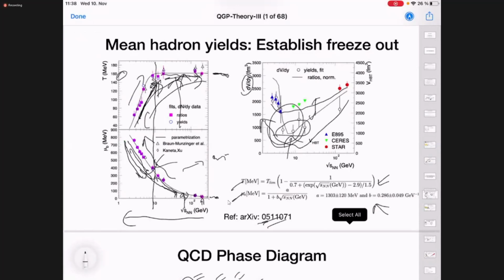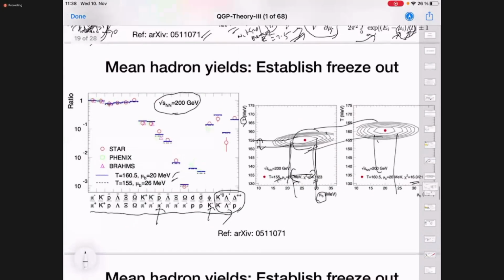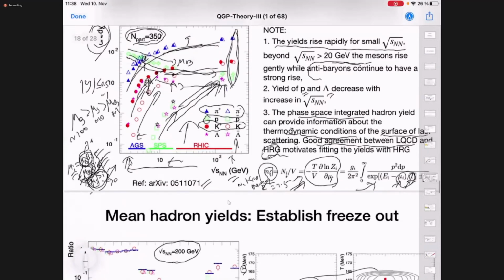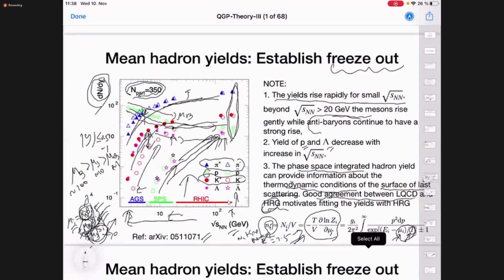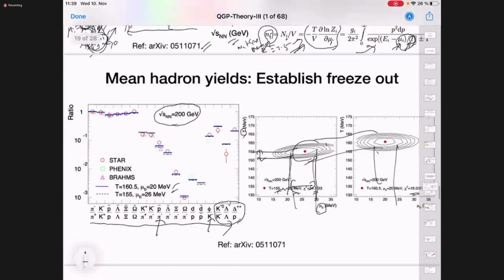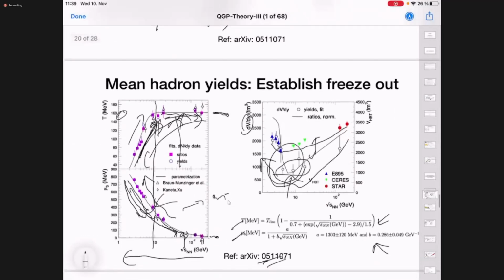And in your previous slide, I'm curious. Yes, this one. At SPS and AGS energy, if I compare proton and antiproton, they have a completely different trend. That is observable. Is there any dynamic that I can imagine that would be the reason why antiproton is